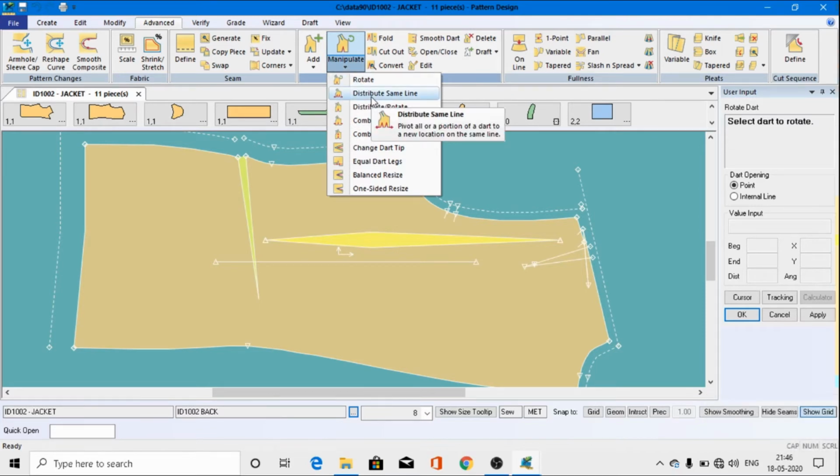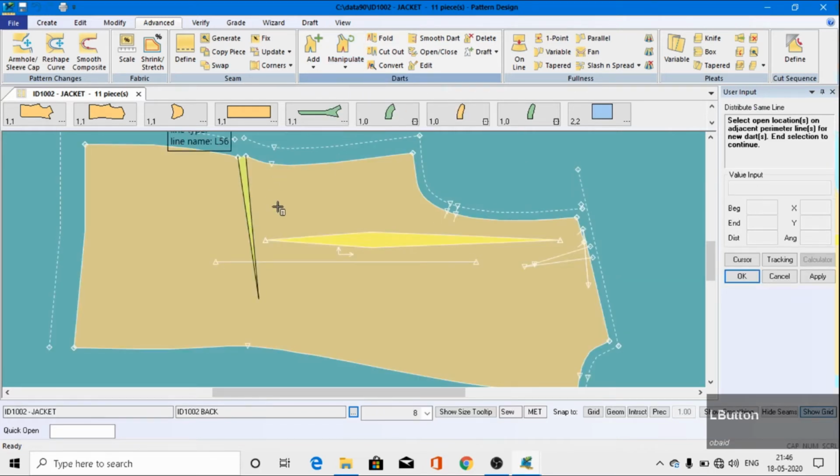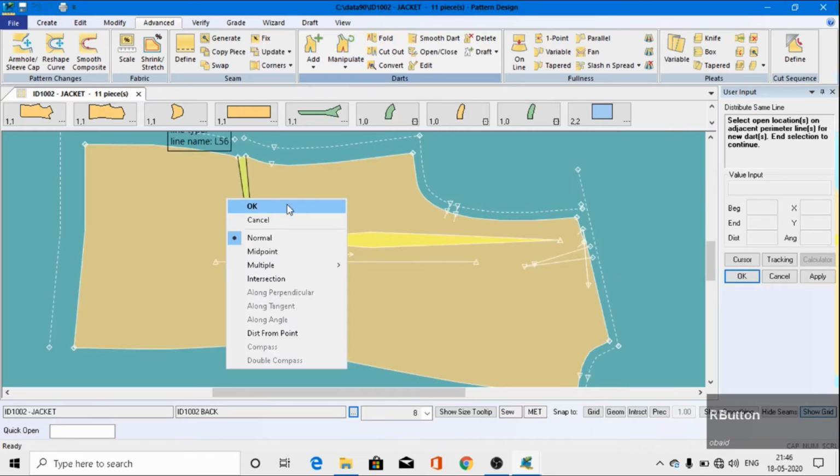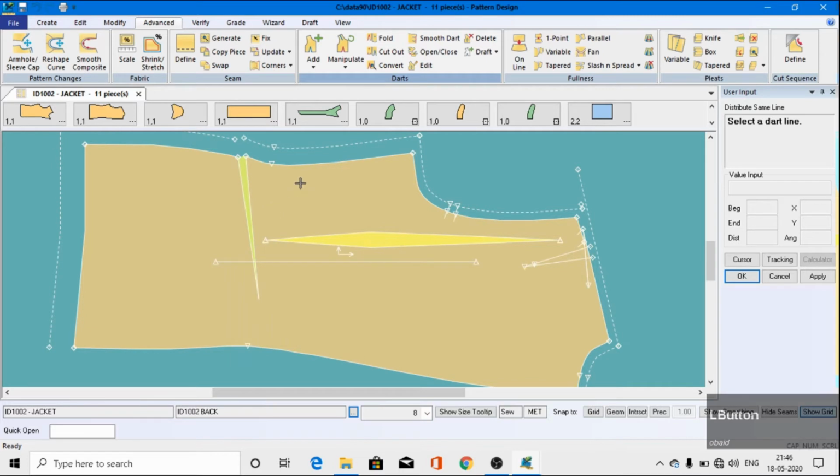Distribute same dots. If you want to distribute the same dot in the same line, you will have to left click and then OK, and then select the dot line.